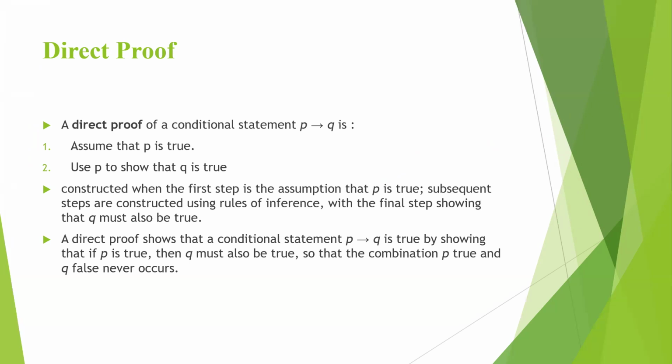A direct proof is constructed when the first step is the assumption that P is true. The subsequent steps are constructed using rules of inference, by which we have to show that the final step, Q, must also be true. A direct proof shows that a conditional statement P implies Q is true by showing that if P is true,